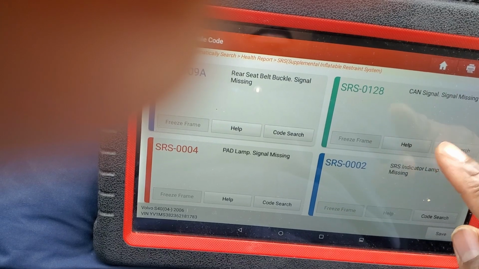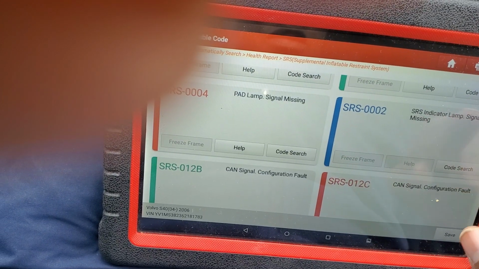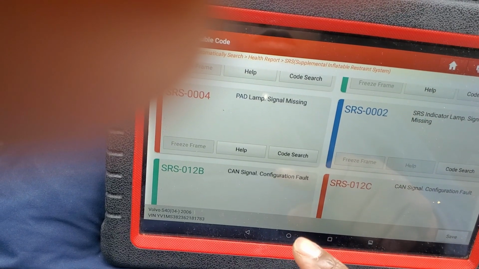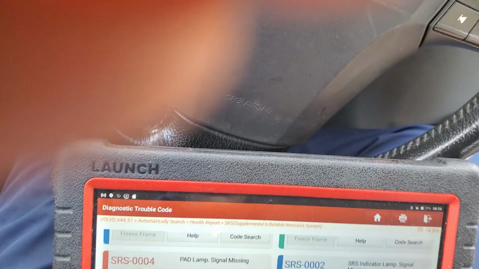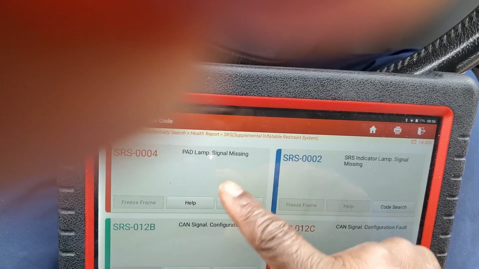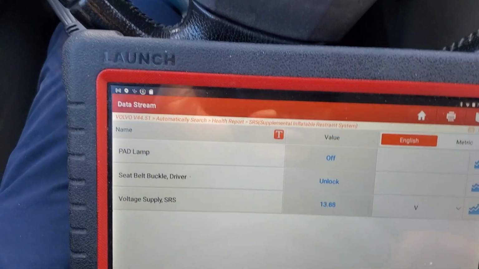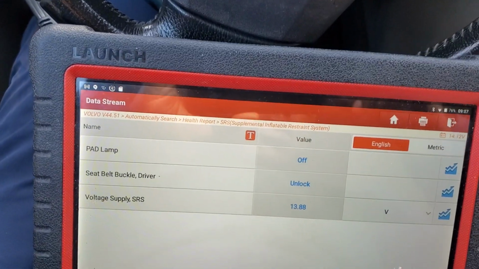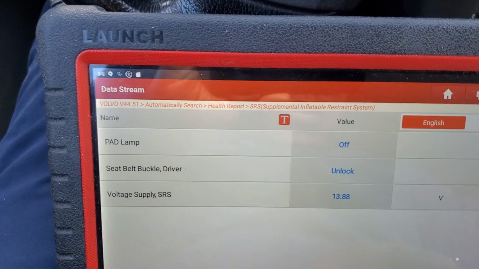Signal missing. Of course, when the belt is missing, indicator light signal missing. That's not possible because we can see that the airbag symbol is there. Lamp signal missing, that is not possible. Well, this is proof with 12 volts that the airbag is connected. So go back